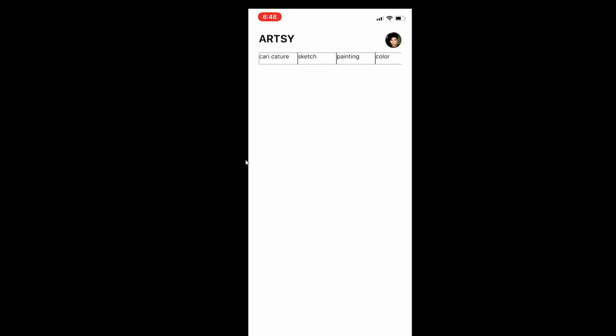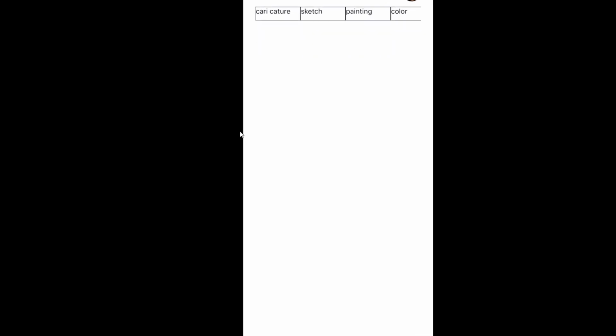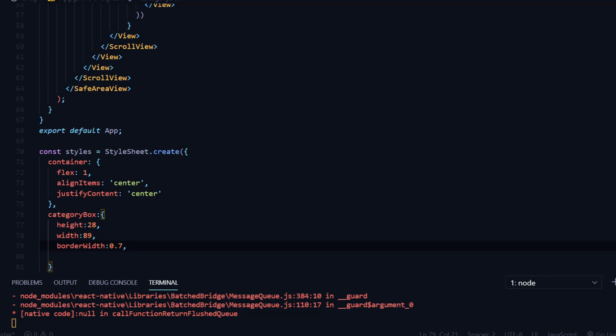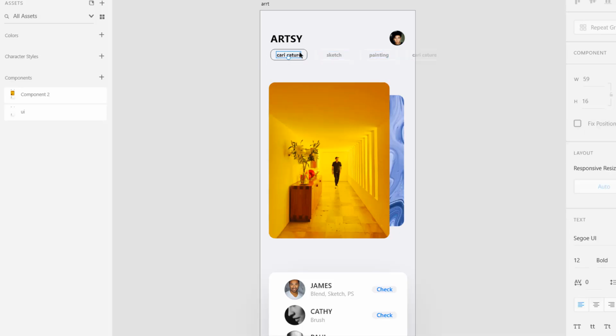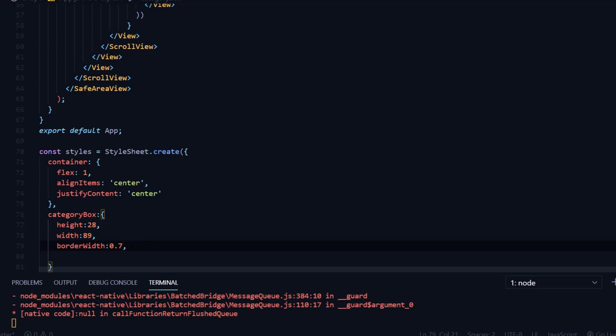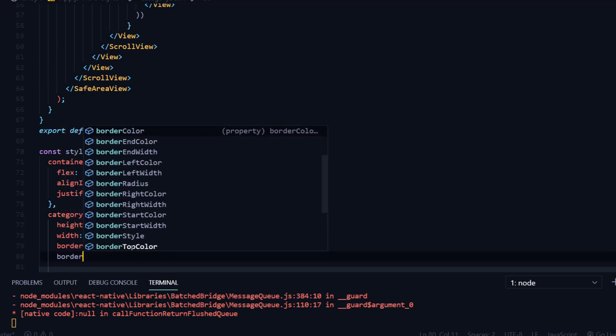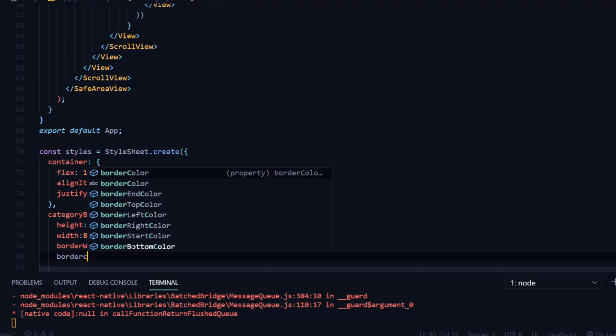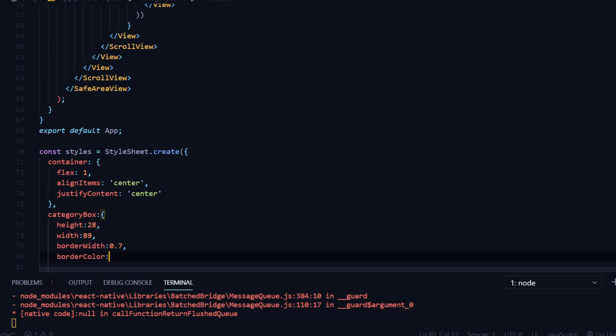Okay, now up until here we have our categories, and you can see that they're actually scrollable, but we still do not have that beautiful looking category that we have. And if we go to our XD file, you can see that one box, for example this one right here, has a width of 89 and a height of 28, and then we have a border radius of 10, and the border width is going to be 0.7. Okay, so the border width is 0.7. The border has a color also, and that is going to be